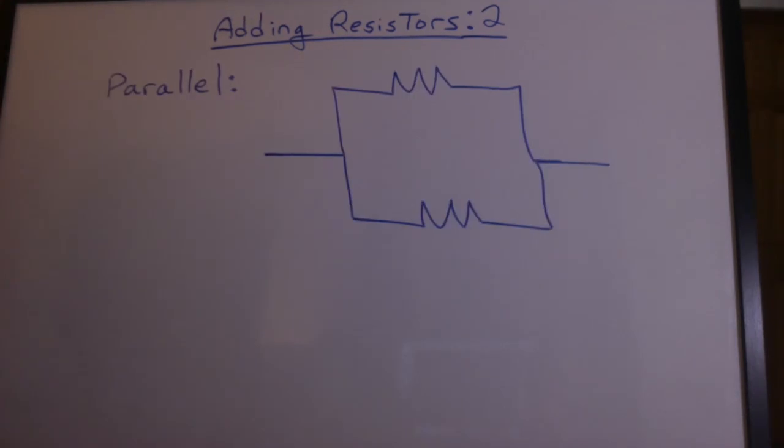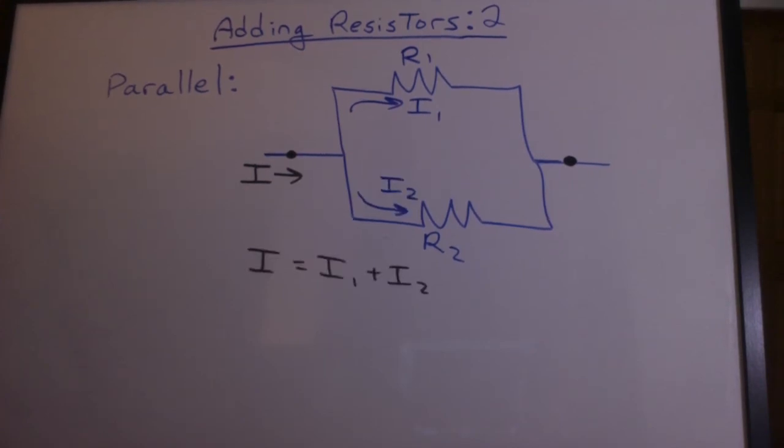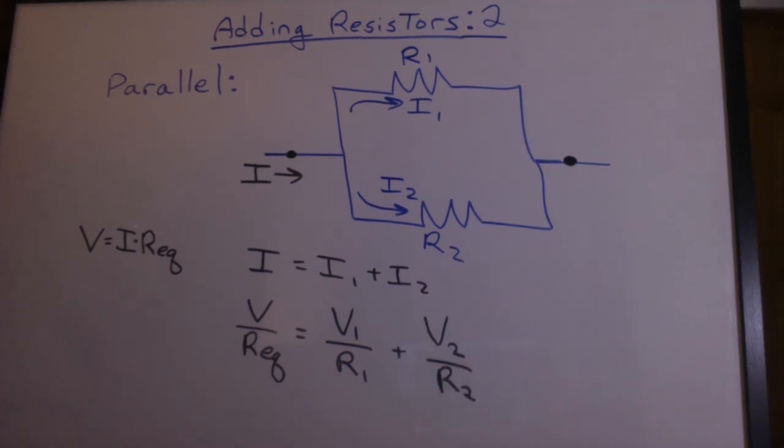Here we have our two resistors in parallel, R1 and R2. If we put a voltage across these resistors, there would be a current flowing through them, such that I would be equal to I1 plus I2. From Ohm's law, we can replace the total current, where V is the voltage drop from one end to the other. And we can do the same with I1 and I2, where I1 is V1 over R1, and I2 is